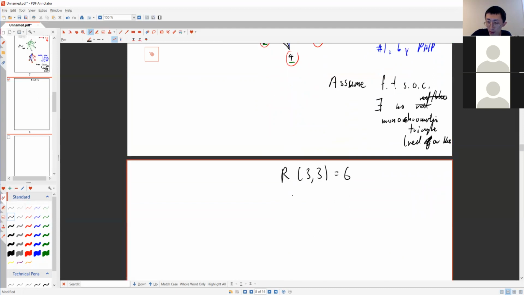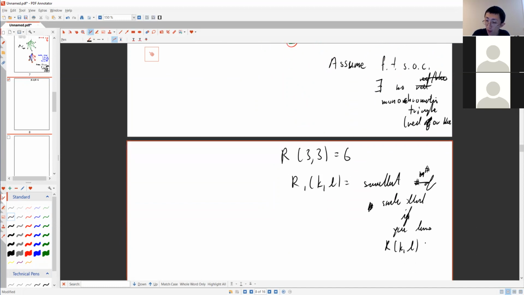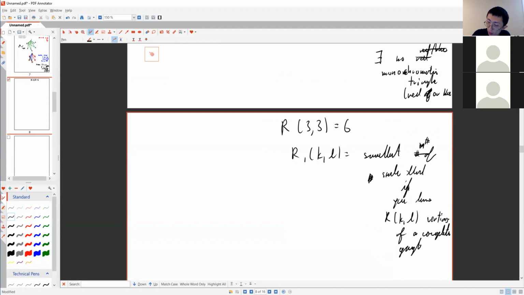Basically, R(k,l) is the smallest number n such that if you have n people, like vertices of a complete graph, each edge of which is colored red or blue,